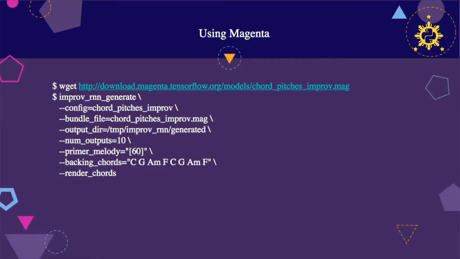So first, download, well, all of this is in their GitHub repo, so I'm just going to point out some gotchas that may stop you when you're trying to generate your own models. So first, download their pre-built or pre-trained models, and then the generation of the melodies is as simple as improv RNN, and generate. The first, the config there is basically the